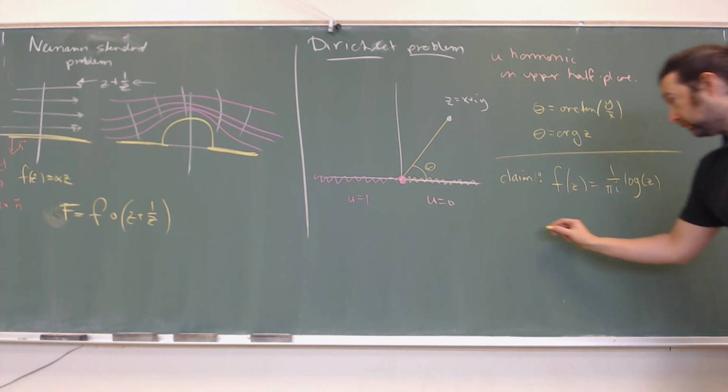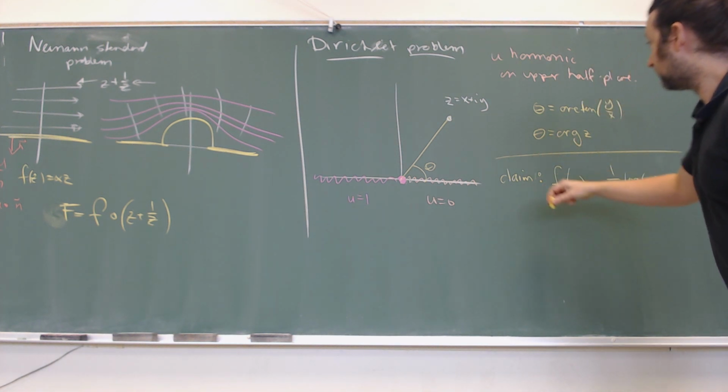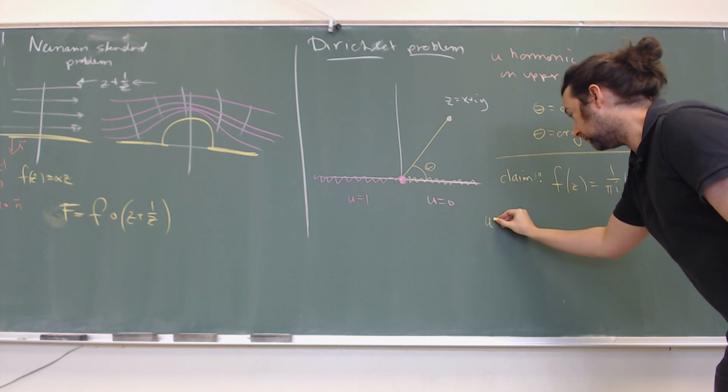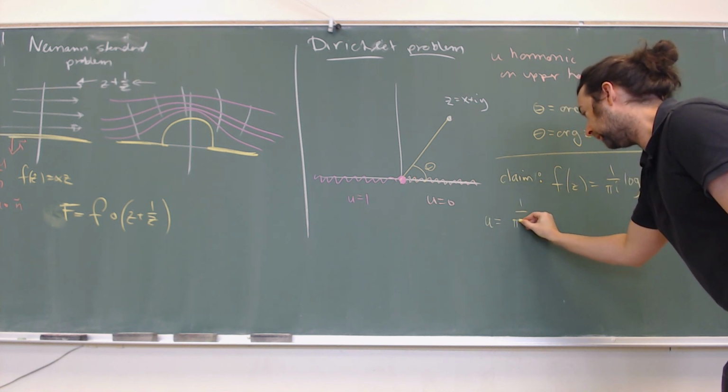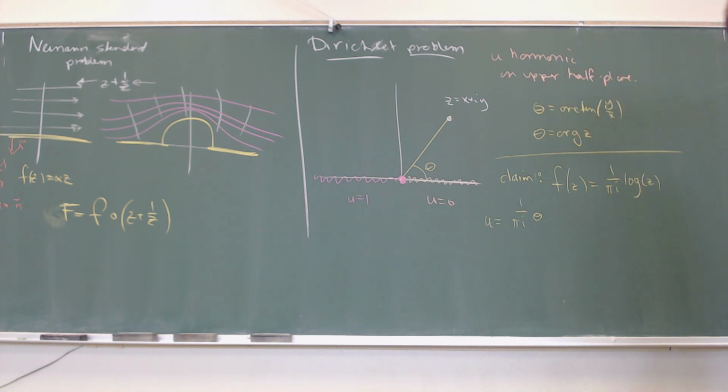Two, the function that we're interested in here is u is equal to 1 over pi i theta. That this function is the real part of f. And to be the real part of an analytic function is to be harmonic. So because u is the real part of an analytic function,